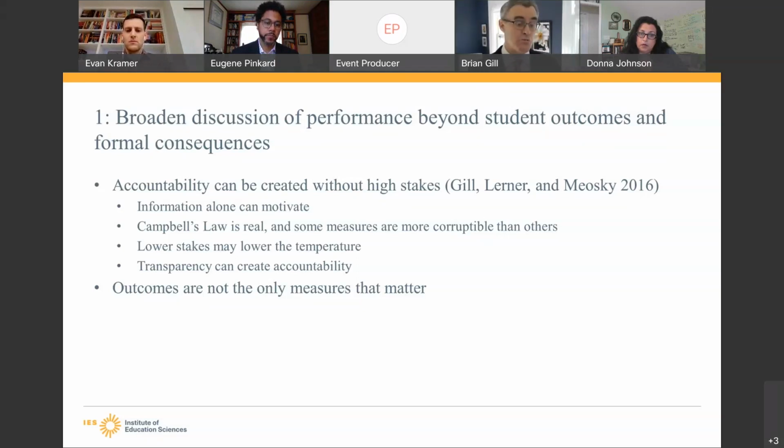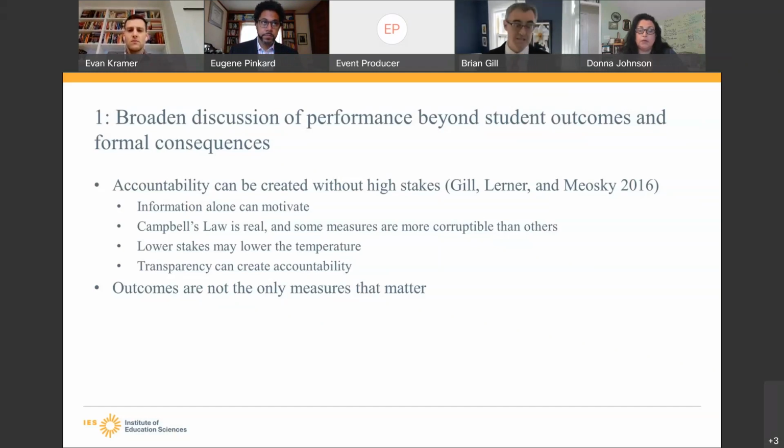The information alone can motivate in many circumstances, even if there aren't formal consequences. There's real reason to be concerned about applying consequences to some particular kinds of measures which might be too easily corrupted or influenced if formal consequences were attached to them. Social emotional learning seems likely to be one of those measures whose diagnostic value could decline if high stakes were attached.